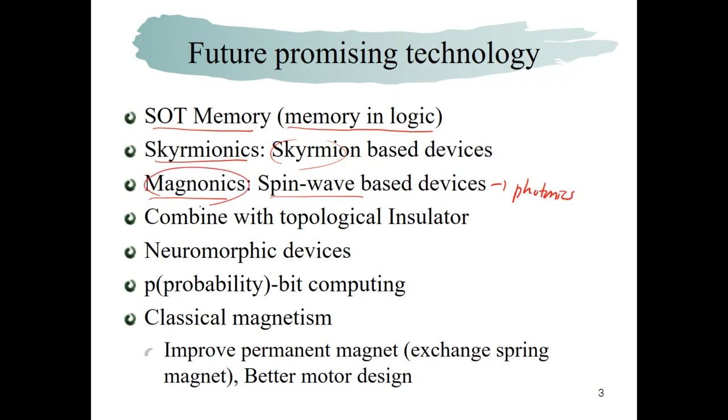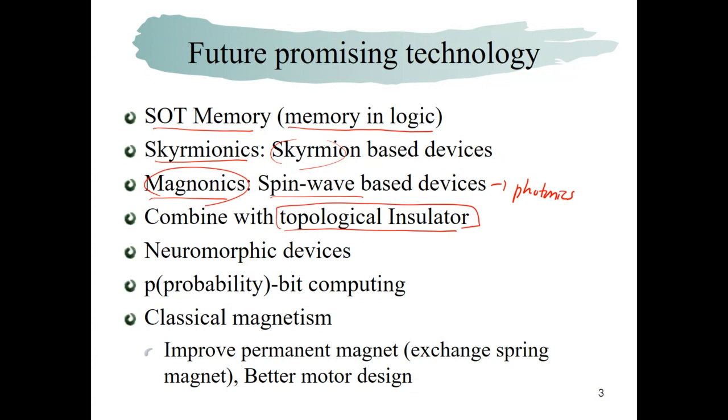And there are many advantages in magnonics, but it's still at an early stage. It's just the first stage, so there are so many things we have to solve. Also, there is a very exotic material called the topological insulator. When we attach a ferromagnetic layer to the topological insulator, many interesting physics can exist. So it's also a very interesting topic, but I'm a little bit doubtful we can make some commercialized product with